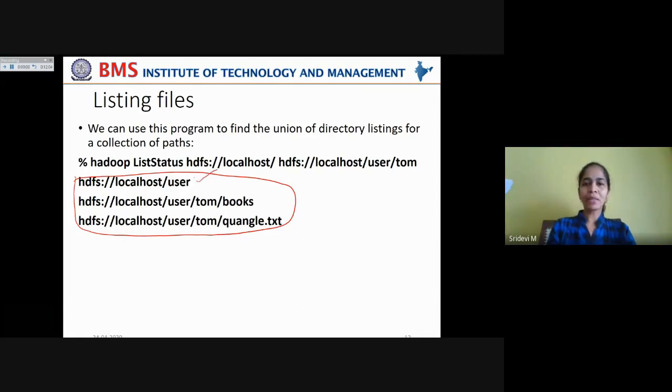This is the first path, second path, and the third path. All these path statuses are returned to a status object, and they are in turn displayed on the screen.